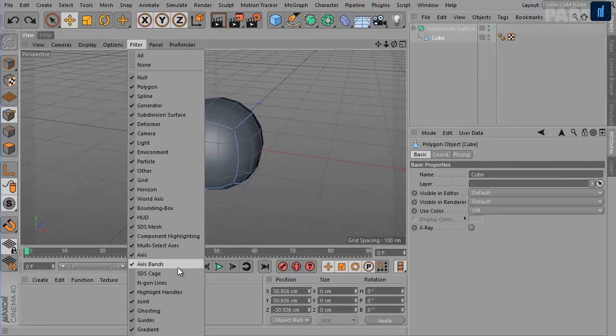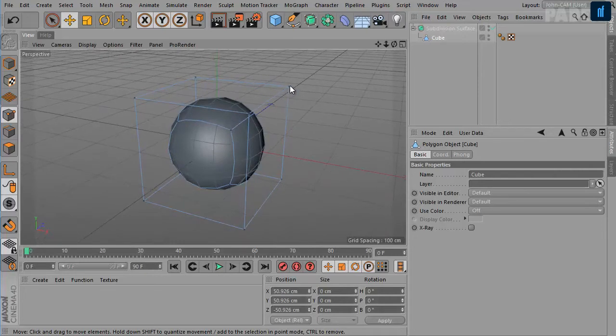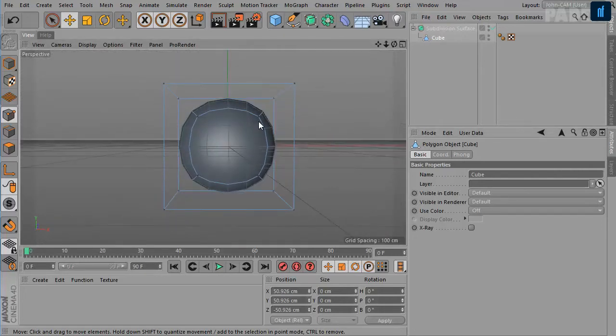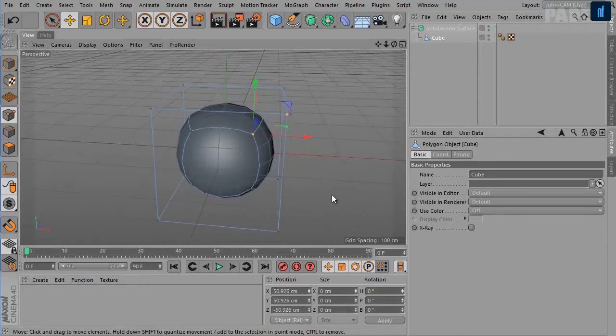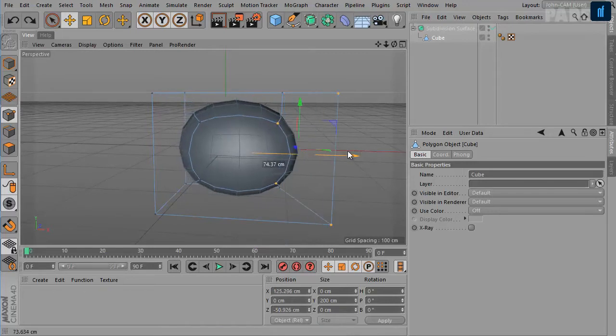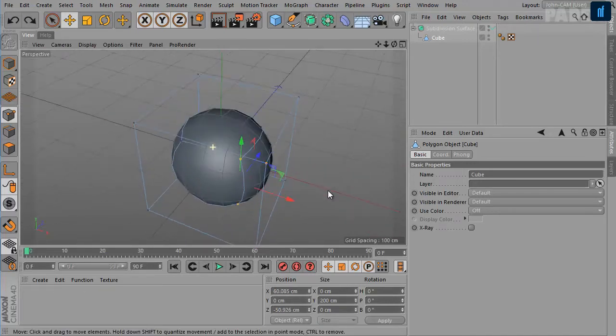I can also turn on SDS cage from the filter menu here. So now I have the cage. So I can't select the points on the cage. I have to select the points on the modified geometry, and then I can make changes like this.